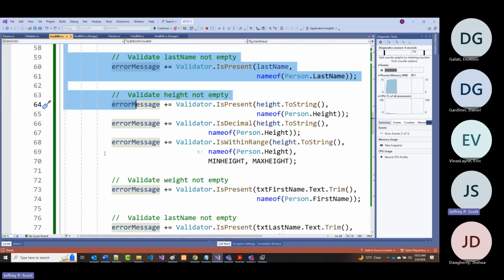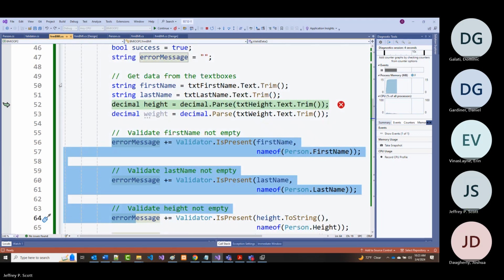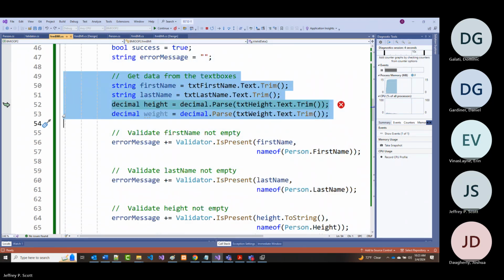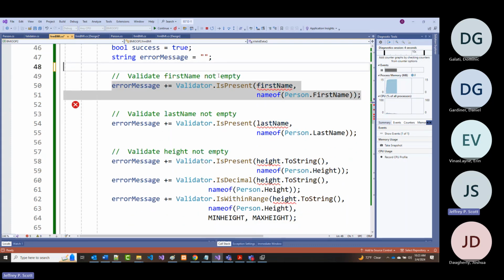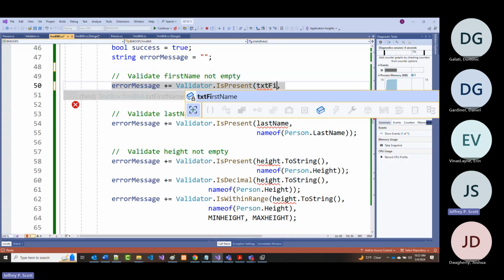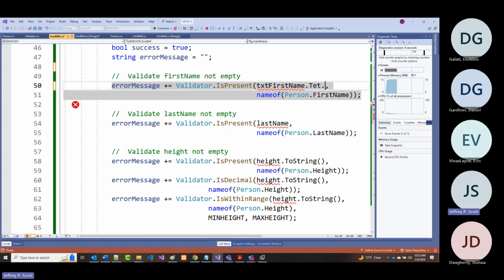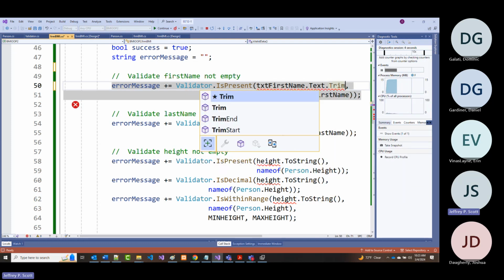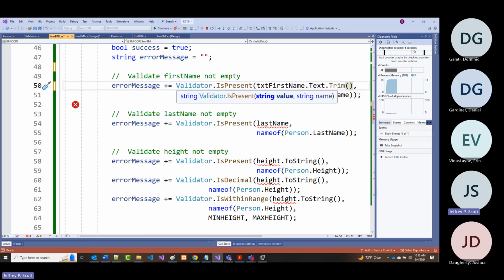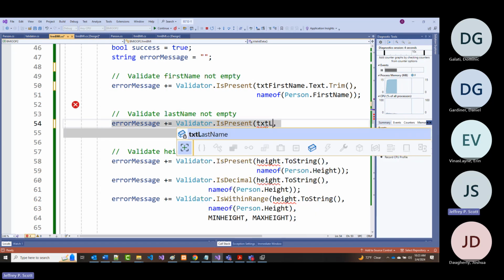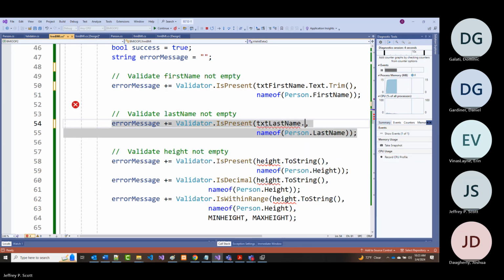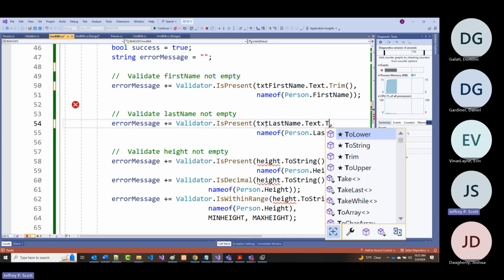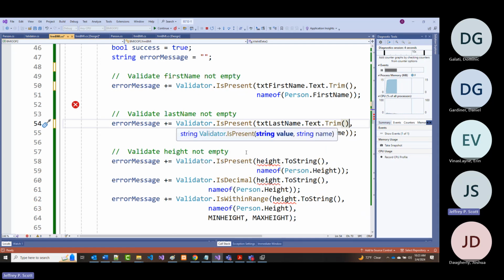All right, so I am going to get rid of these. I am going to get rid of all those and I am going to use txt first name dot text dot trim, and I'm going to use txt last name dot text dot trim,